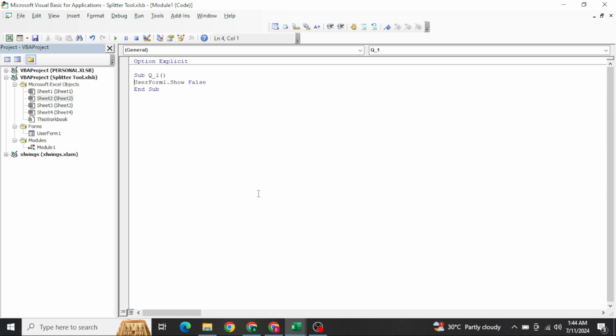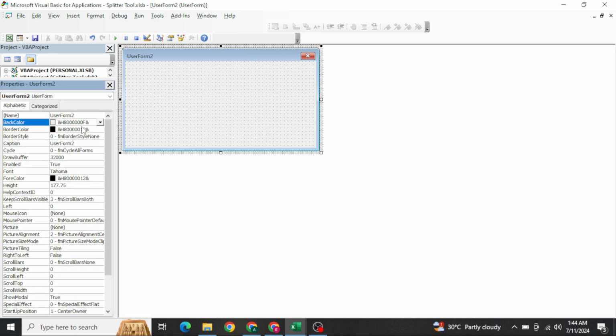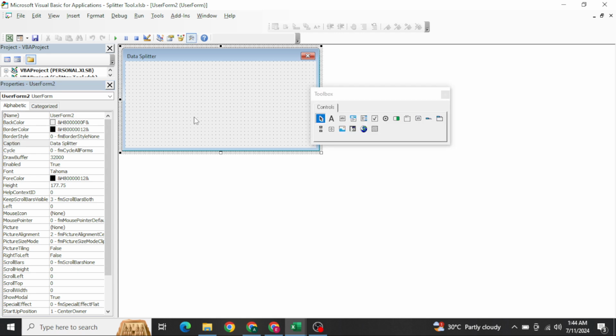Let's insert the user form by pressing Alt+I+U. Here you just need to press F4 so that you can get the format design option. I want to give the name as data splitter. Next, I want to change the color.